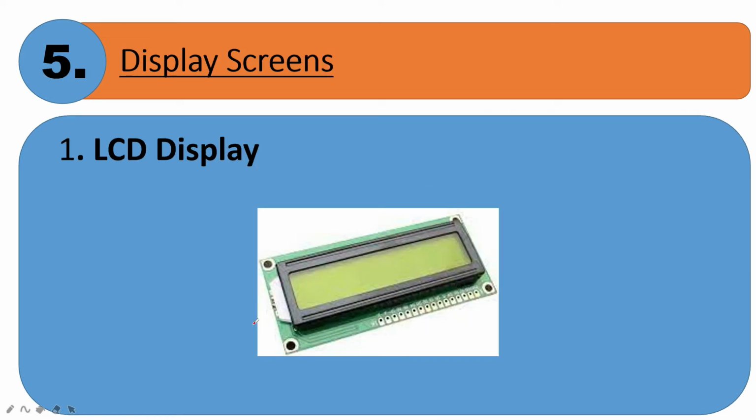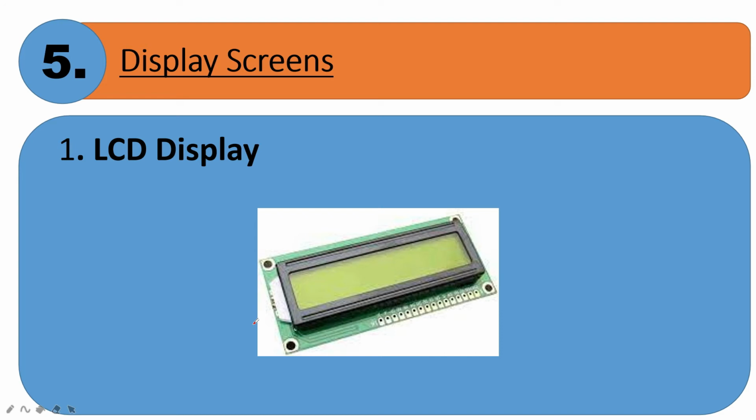At last I will discuss display screens. So when you want to make a system, then you really don't want to connect your system with your PC and show some outputs like temperature, pressure, etc. on your PC using the serial monitor. So for that we use a display screen for displaying what we actually want, like the temperature, pressure in case of a temperature sensor, in case of a light intensity sensor, maybe you want to show the intensity of light, like that.